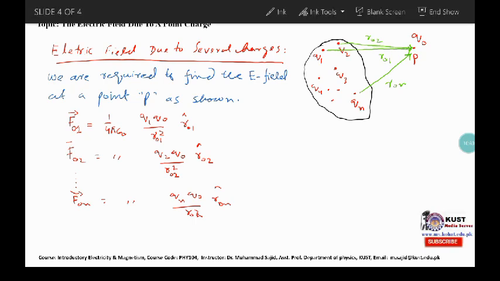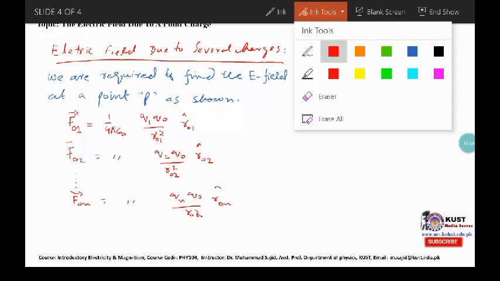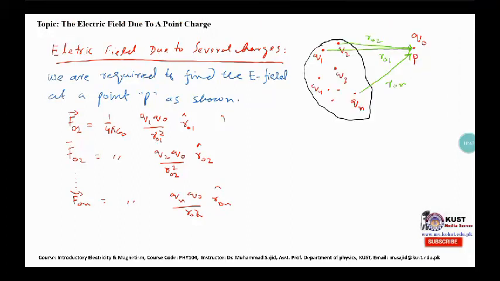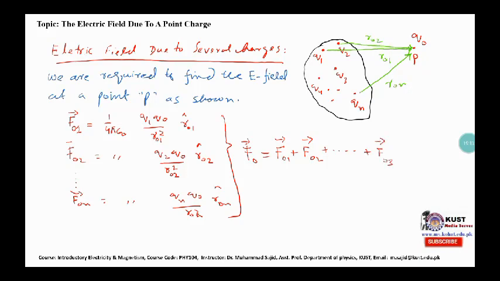Then you have to add all these forces to get the resultant force using the principle of superposition. So F0, the total force on the test charge Q0 due to the system of charges, is just the vector sum of all these forces, F01 plus F02 plus, and so on, F03. And then if you want to find the electric field, use the definition of the electric field, the electric force per unit test charge. So you can write E0 is F0 over Q0, and you will simply obtain